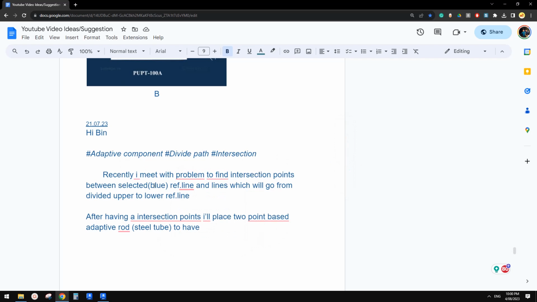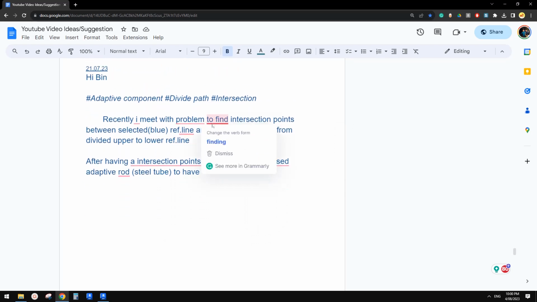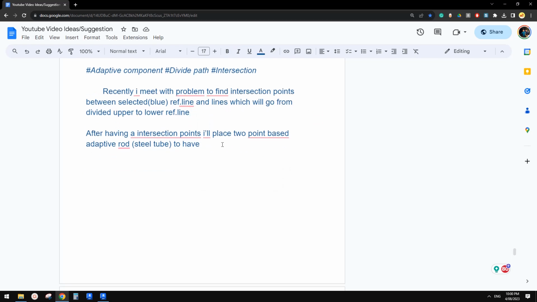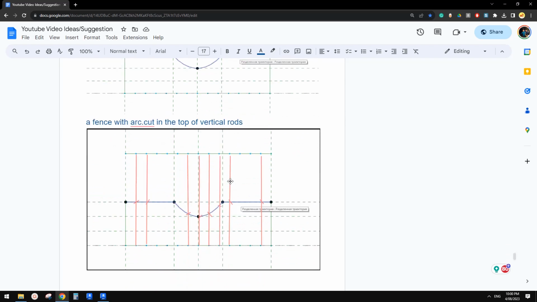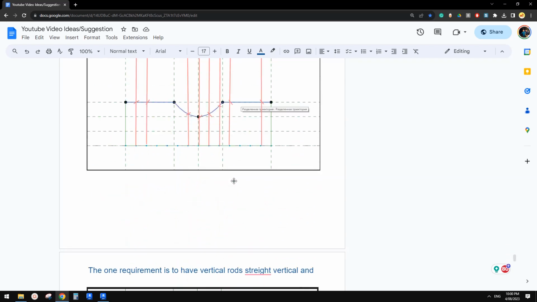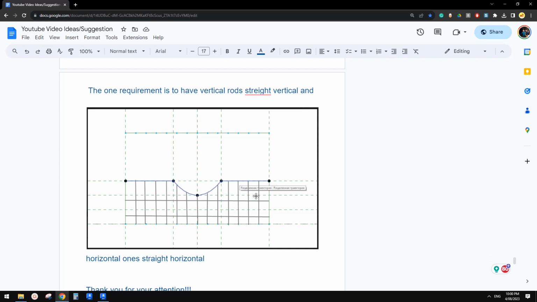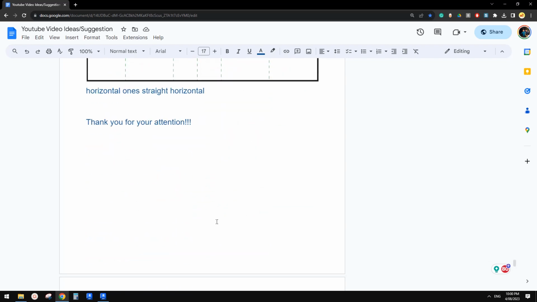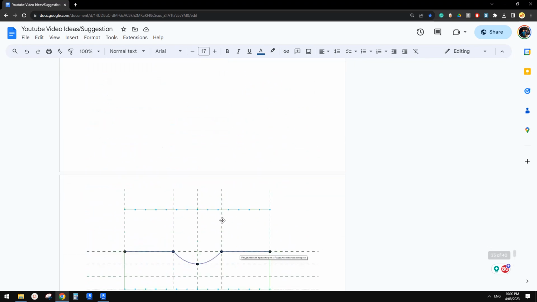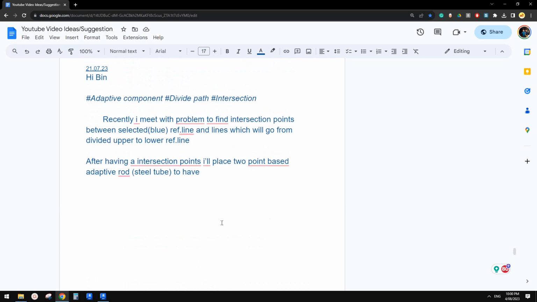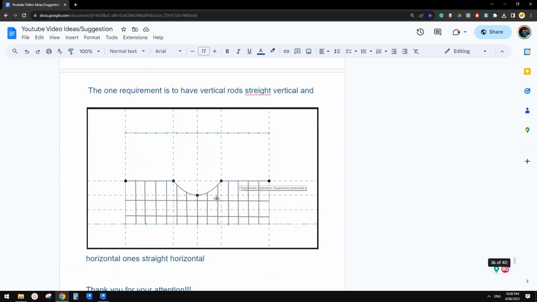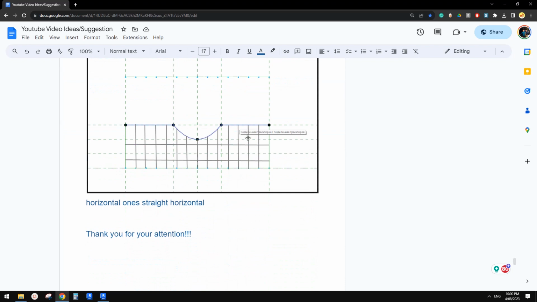Today we're going to try this one. Intersection points between selectable reference lines. After having the intersection point, I'll place 2 points, adaptive point. So fence ways are cut. The one required to have vertical. So this one, I think it's an adaptive family, 2 points, and what we need to achieve is maybe